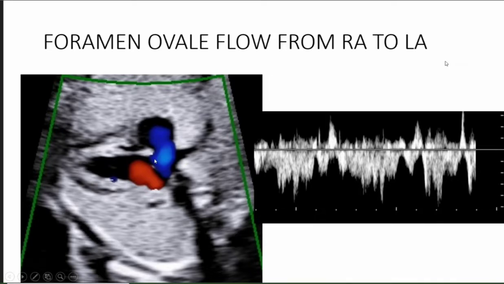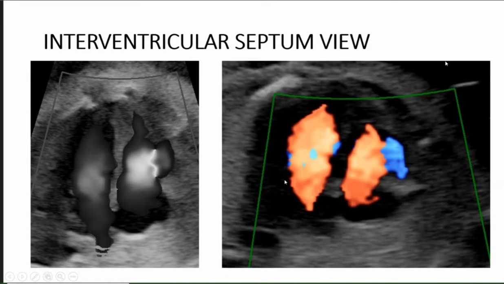In a far lateral 4-chamber view, we can actually see flow from right atrium into left atrium across the foramen ovale, and Doppler demonstration of the passive flow of blood facilitated by ductus venosus from right to left atrium can be demonstrated by Doppler. When we apply color Doppler, the interventricular septum should be completely intact and there should be no color across the ventricles, which will rule out a muscular interventricular septal defect.